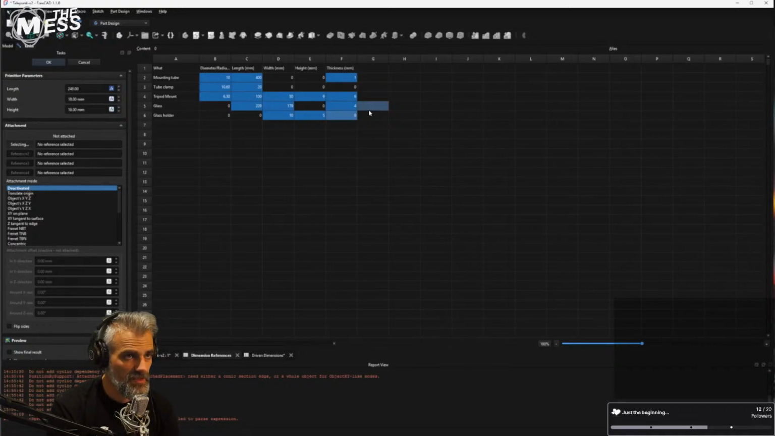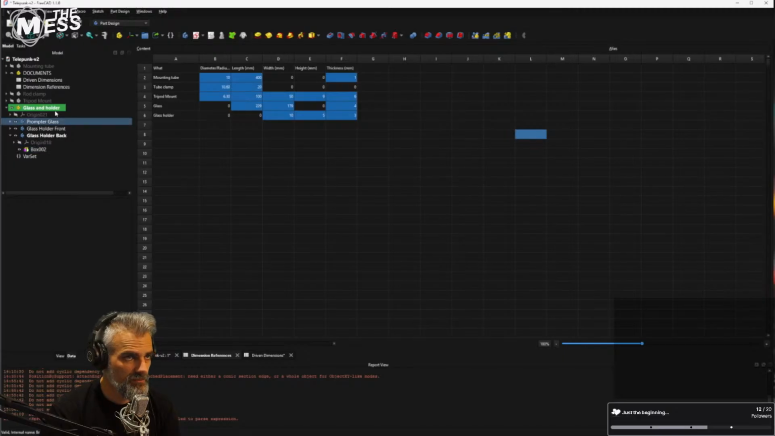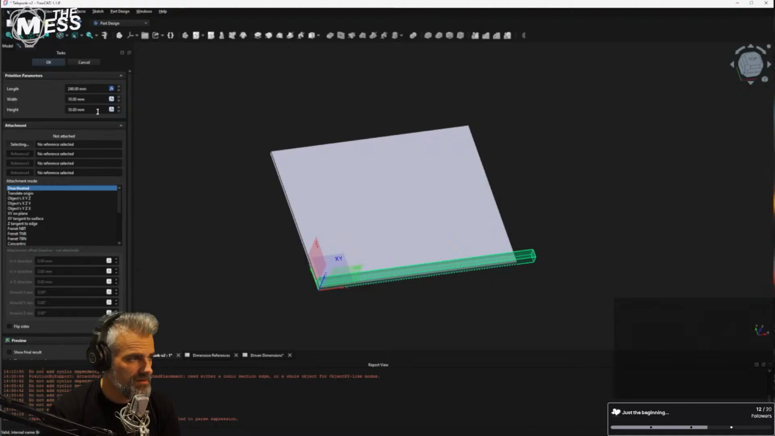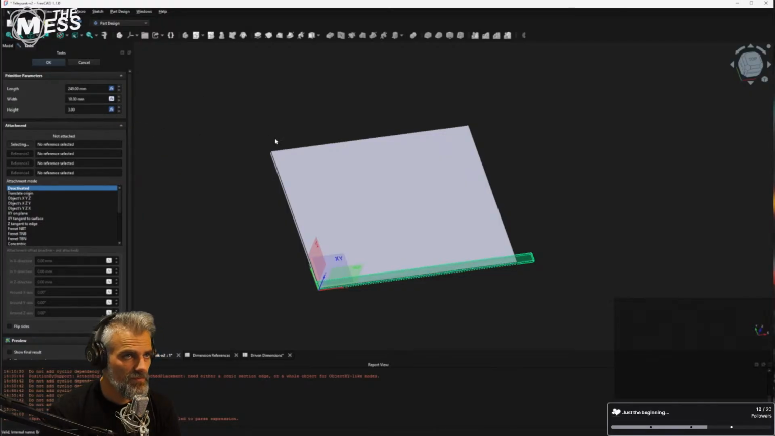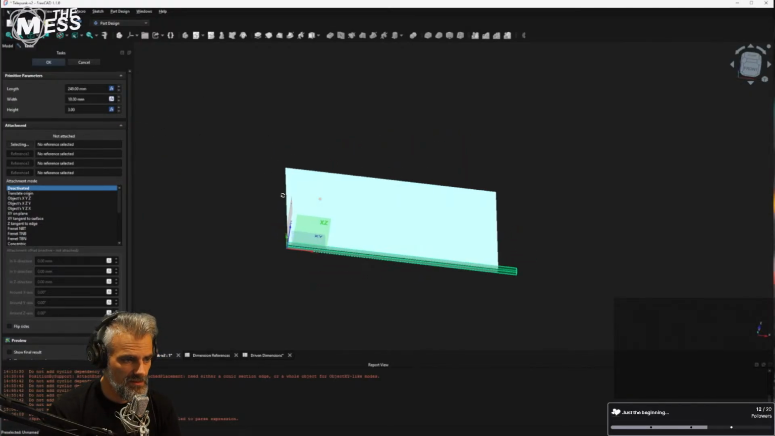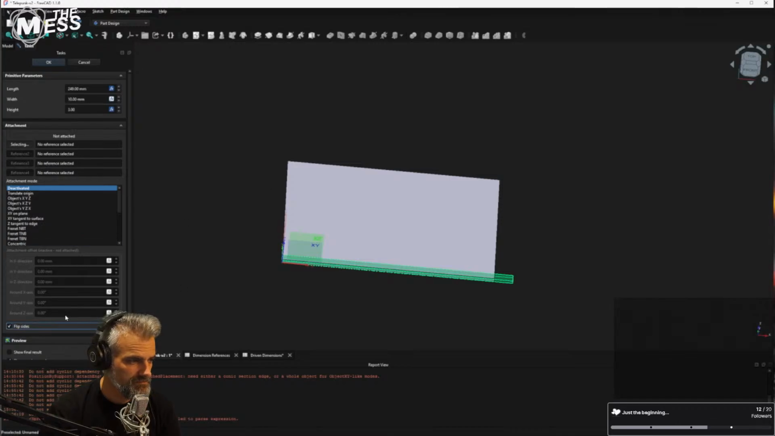Thickness of that doesn't need to be much. We're going like 3 millimeters. Let's play with it later. Give it a base at least to work off. And then height is going to be... I'm not sure actually about having these in